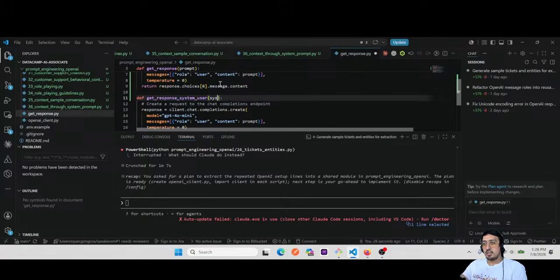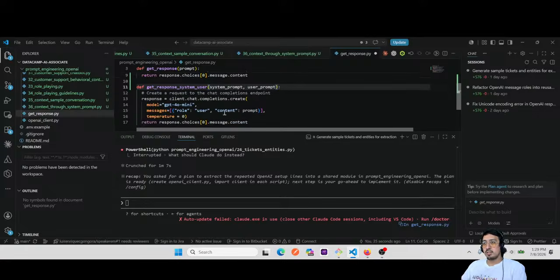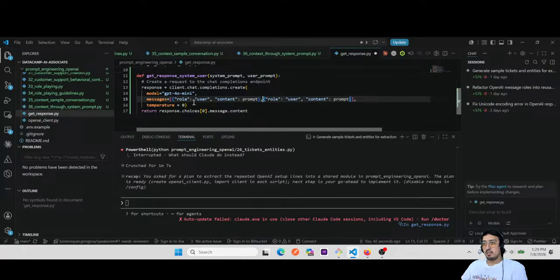And here I'll define system prompt, then user prompt. Then I will have here two messages. One is the system, it's gonna be the system prompt, and the other one is the user, which is gonna